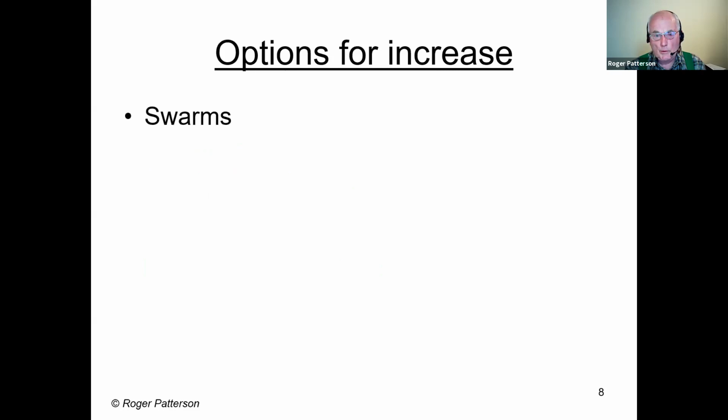So what are our options for increase? Obviously swarms. In fact, I'm hoping there's somebody listening tonight who collects a lot of swarms and does a lot with them. In my view, there's nothing really wrong with them if you're sharp about the condition of them, because more than 20 years ago, if you collected a swarm and it had a fertile queen, if you just chucked it in a box, if it's early in the season, gave it a super or two, and walked away and left it until the end of the year,